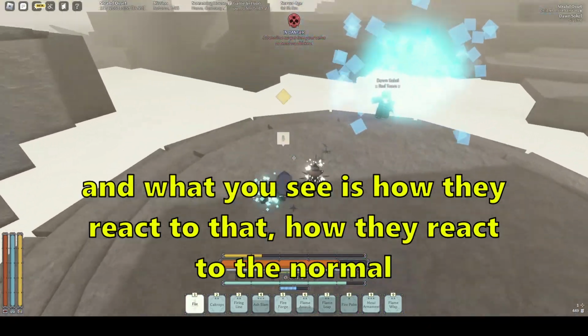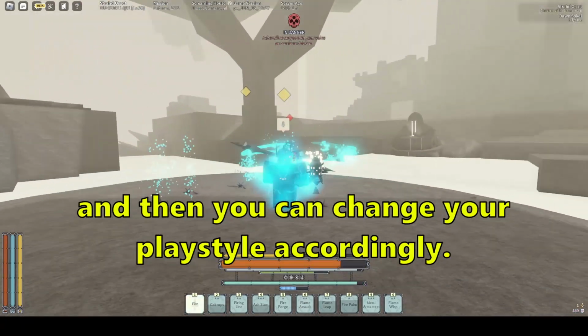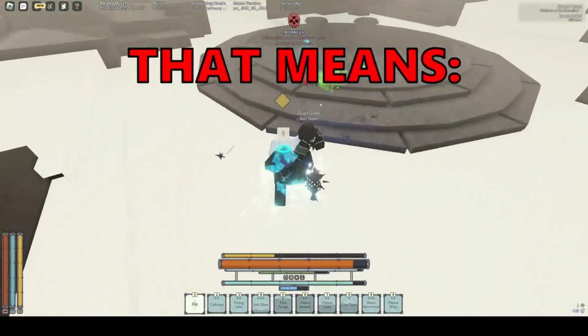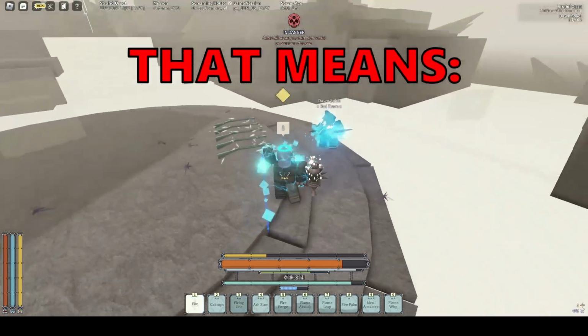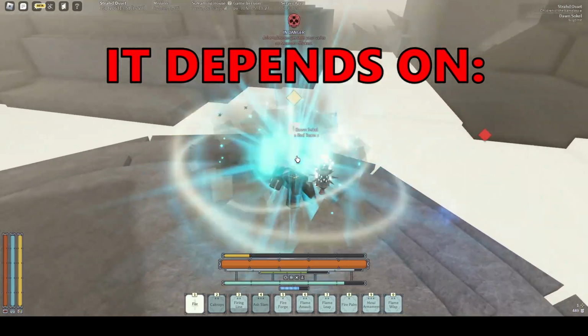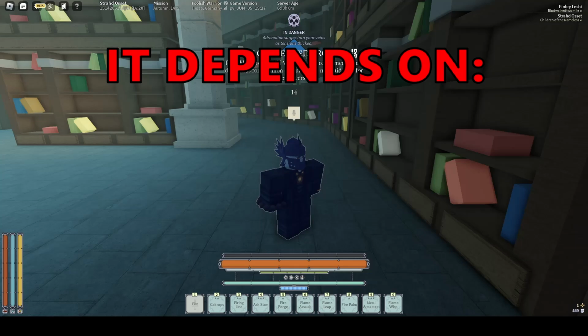And what you see is how they react to that, how they react to the normal, and then you can change your playstyle accordingly. That means if you see them parrying early, then you delay your attack. If you see them dodging late, then maybe you can roll after them. It really all depends on how you react to their patterns, so try keeping your eyes on their character